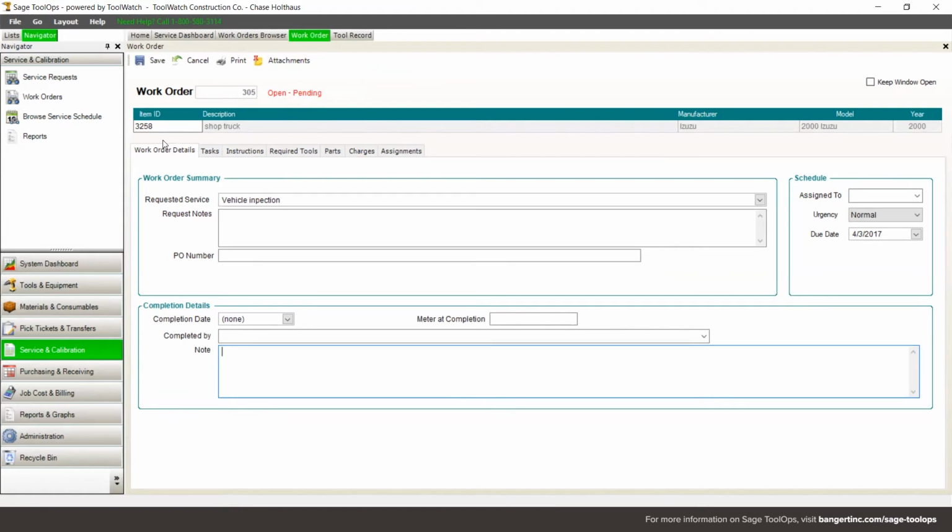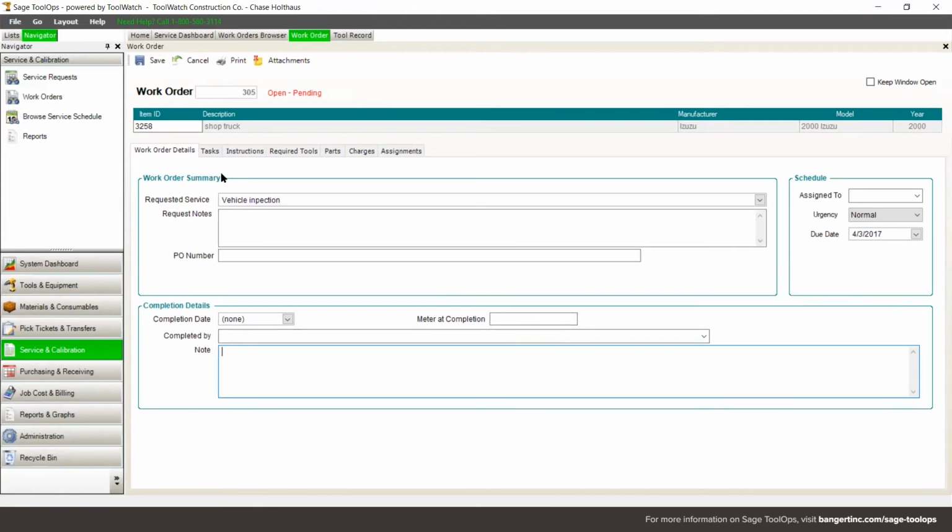The vehicle inspection that we do the first Monday of every month. So you'll be able to see that here. It'll label what's being requested. If there are any specific notes, those would be stored in here as well as completion notes. As your guys are getting it done, they'll be able to see what's all done and who's done it, as well as update your meters, all of that good stuff here.